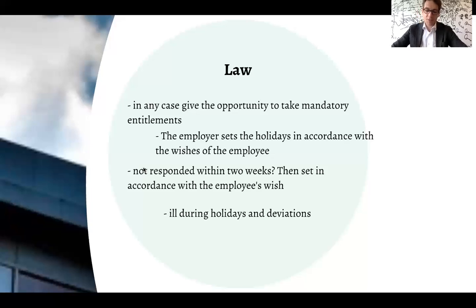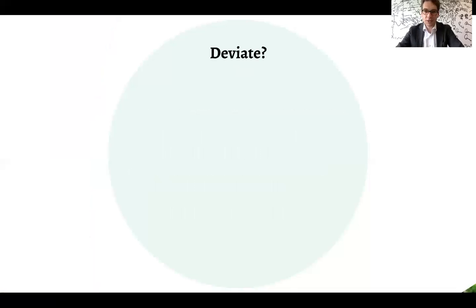And also, it may have been agreed with the employee that his sick days will be offset against a balance in excess of the statutory entitlement. So again, the statutory entitlement is 20 days and the employee is entitled to 25 days. 5 days can be set off against the holiday balance. So the first 5 days of sickness can be regarded as holidays. Those are the basic rules. Now let's look at the deviations.